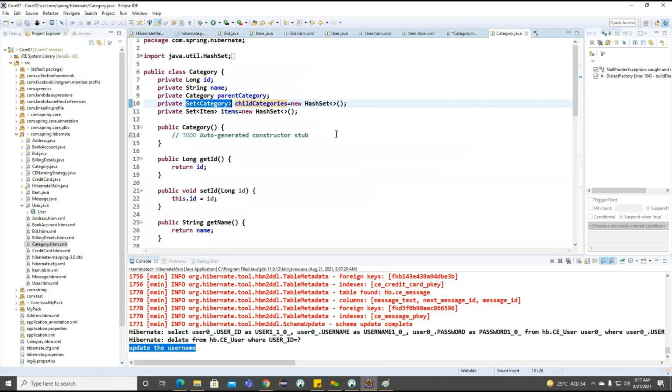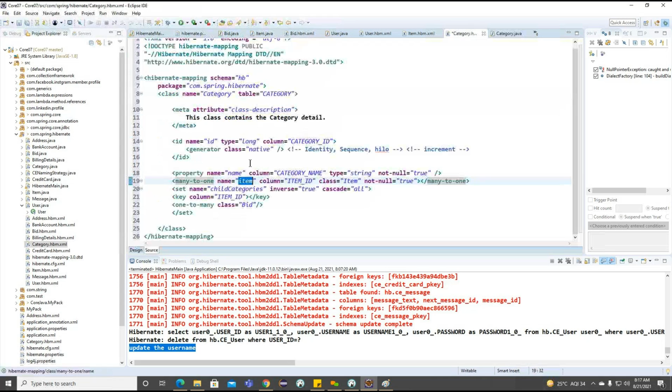The item we have here is parent, the parent category, and the column we are going to make as parent category underscore ID.